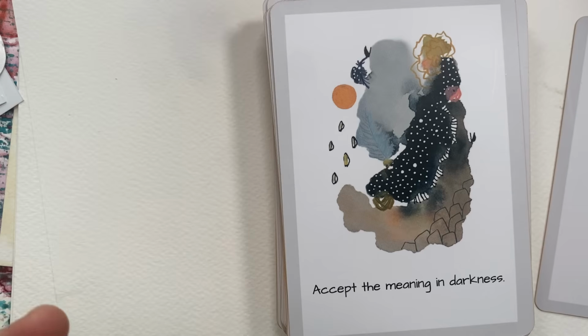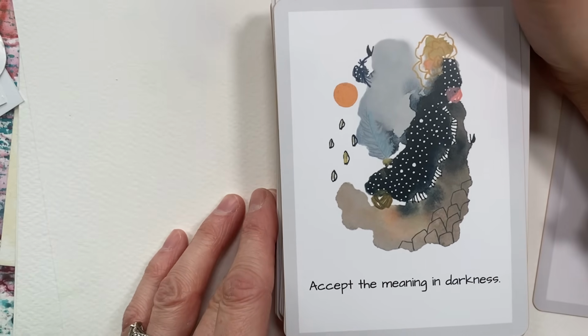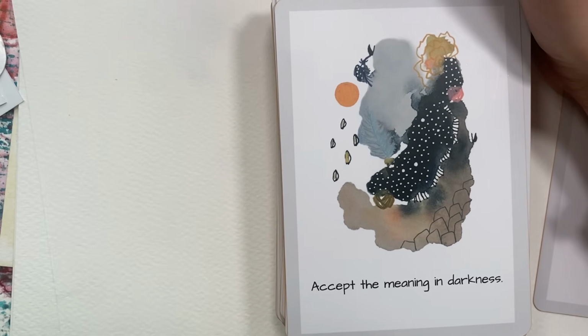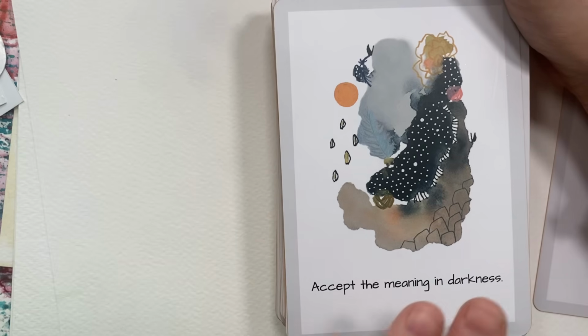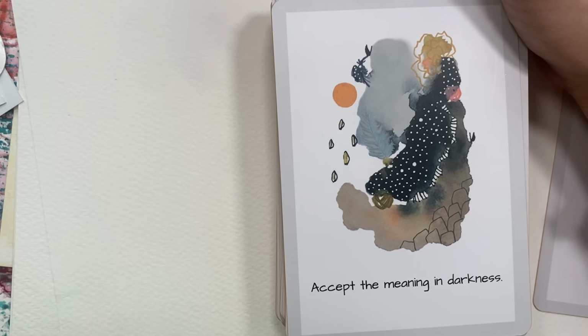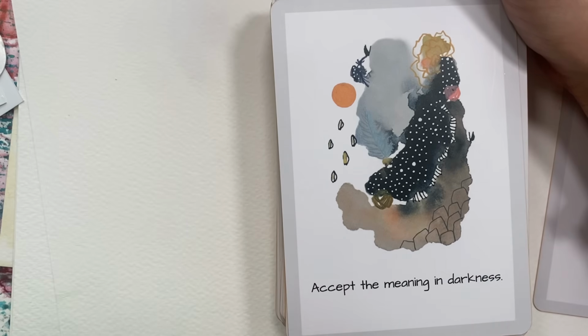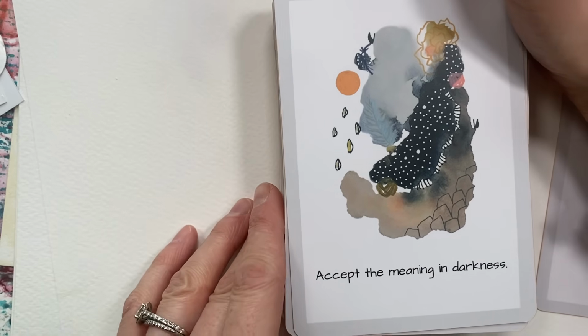we have a lot of light in our lives that comes from so many things, but there's also a lot of darkness, and a lot of hard things going on in the world, and knowing that sometimes the darkness makes us appreciate the light so much more. There's a lot of meaning behind it when you can really tap into those feelings that you might have if you're like me and you don't appreciate the night, the dark. And I probably wouldn't be an artist if I didn't have those dark times. So